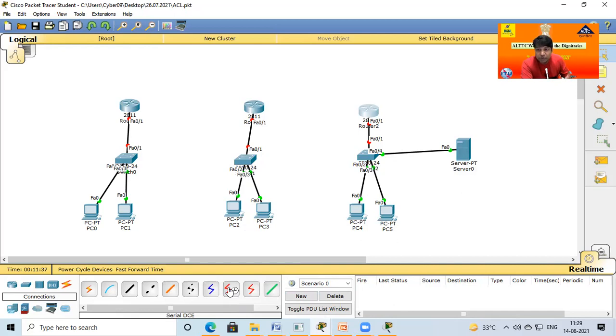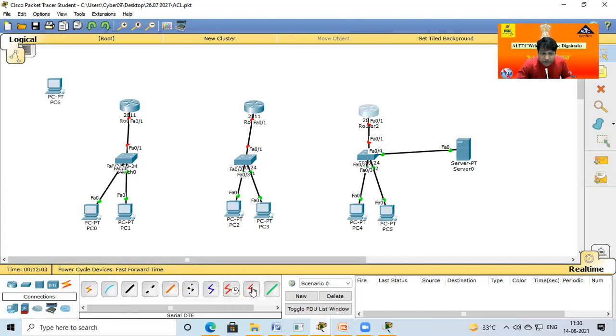This is the communication equipment, not user equipment. Terminal means user equipment. Communication from one location to another location, from one device to another device. So this cable is used in this location. If I want to connect a serial port, suppose here I take one computer, and this computer is connected to this one for internet purposes.